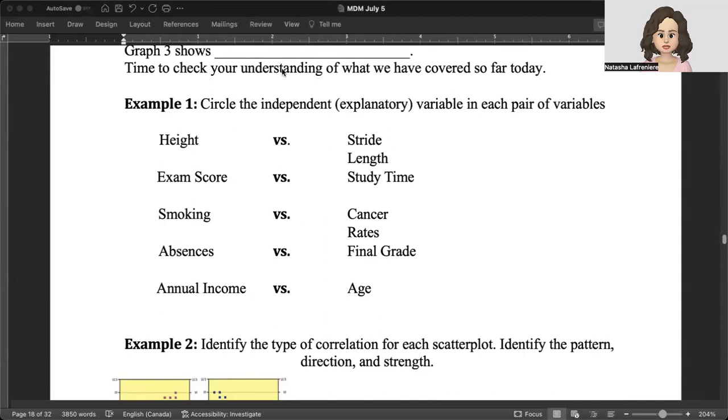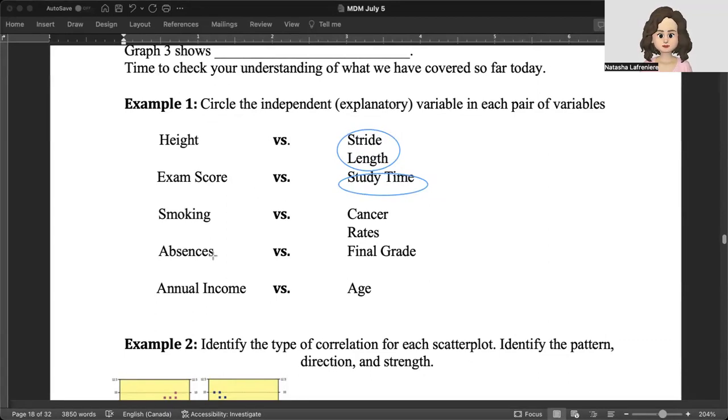Circle the independent variable for each pair of variables. Your height versus your stride length: your independent would be the stride length. Exam score versus study time: study time is independent. It does not depend on your exam score. Although if you do better on your exam, obviously you're going to want to study more and do well the